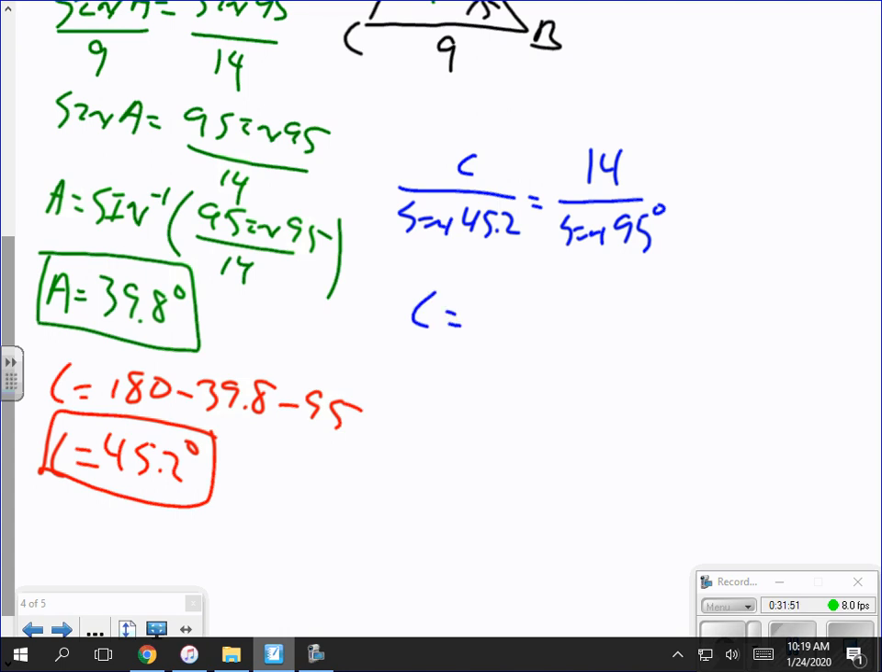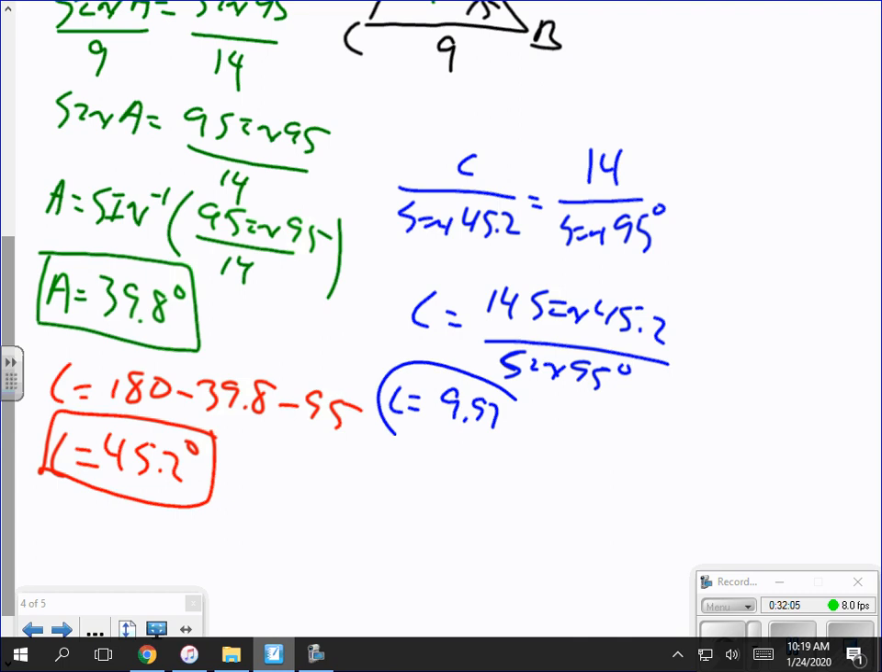So c equals 14 times the sine of 45.2 over the sine of 95. The third side is 9.97. Okay. So we found a triangle that works. Obviously, we don't have one that doesn't work, which can happen. We have one that does work. Now we need to check to see, is there another possible triangle? So to do that,